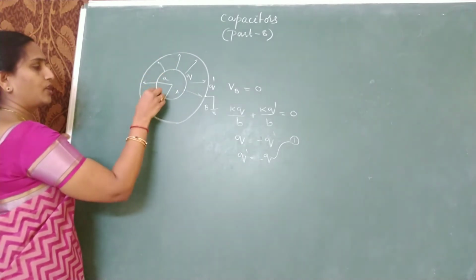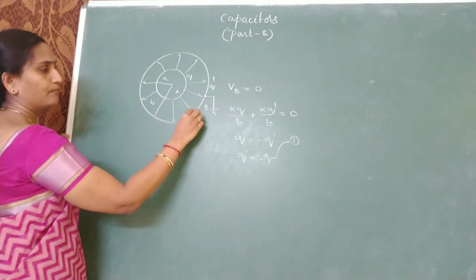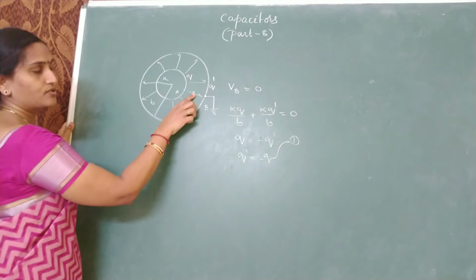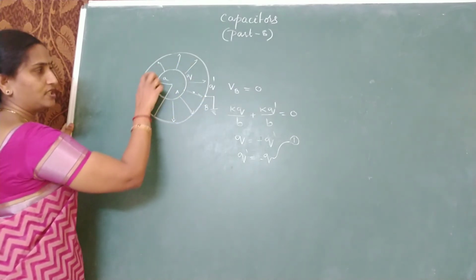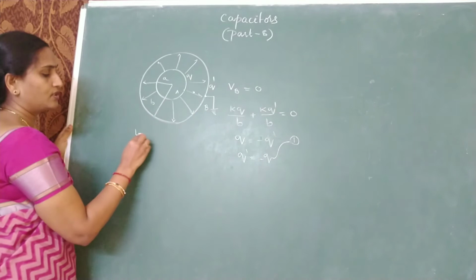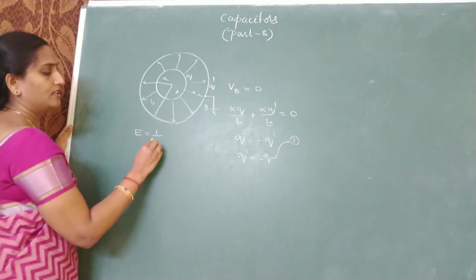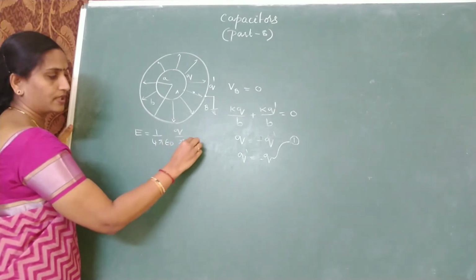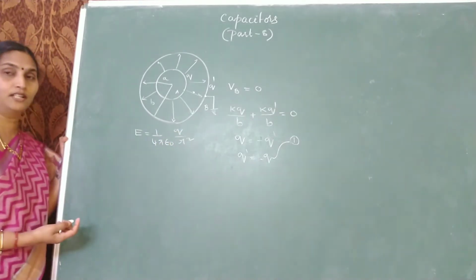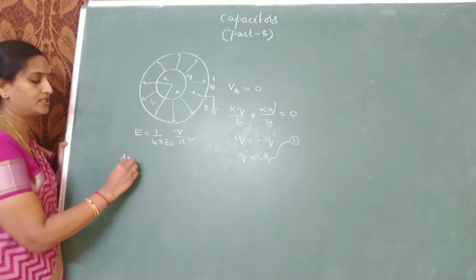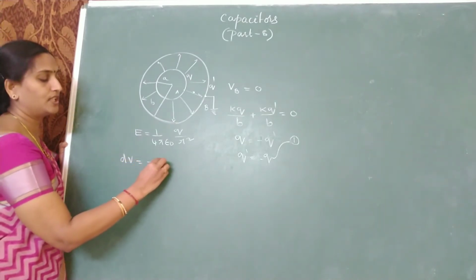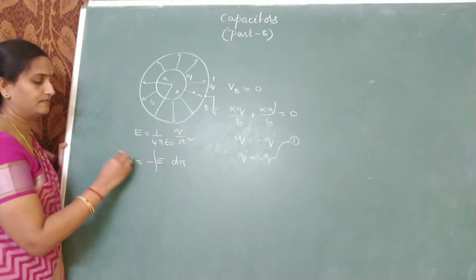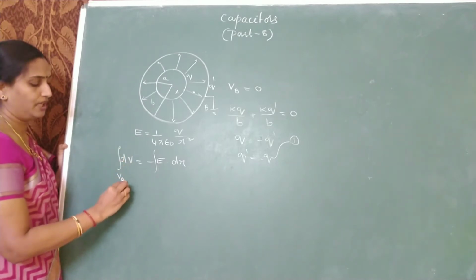Again we will calculate the potential difference between A and B like we have done in the previous case. So if I select a point P and construct a Gaussian surface, it is enclosing a charge Q. So the electric field would be 1 by 4 pi epsilon naught Q by r square. If you know the electric field, we can find out the potential difference. Calculate the potential difference: dV is minus of E into dr. Field and displacement are in the same direction. Integrated from A to B.